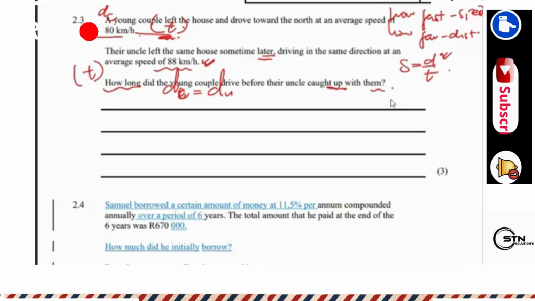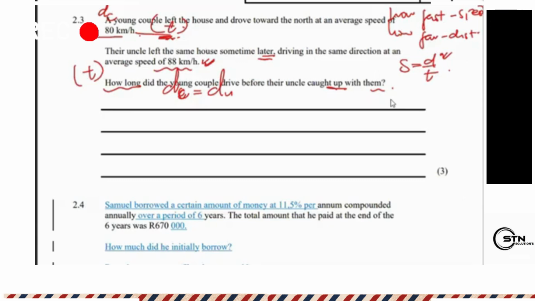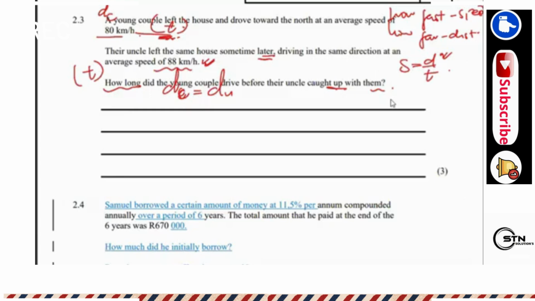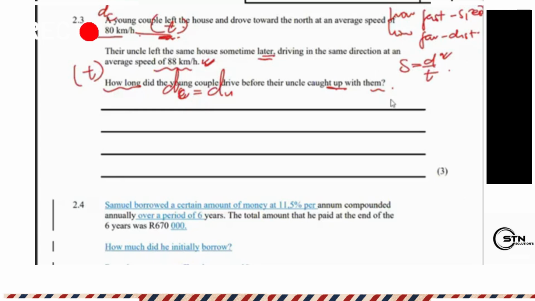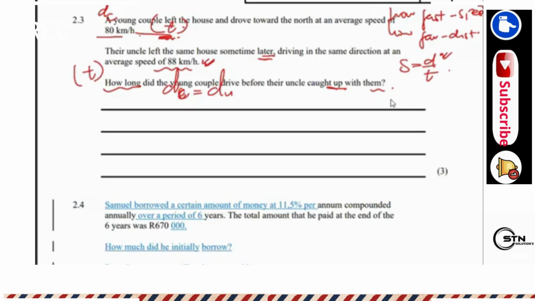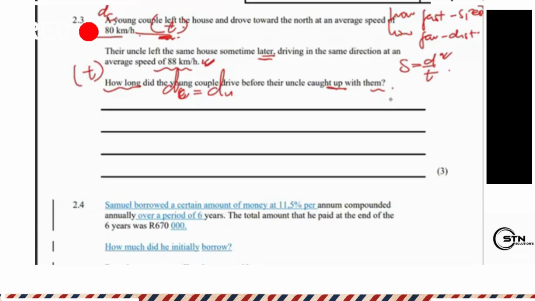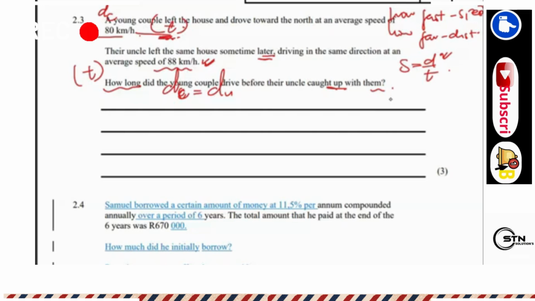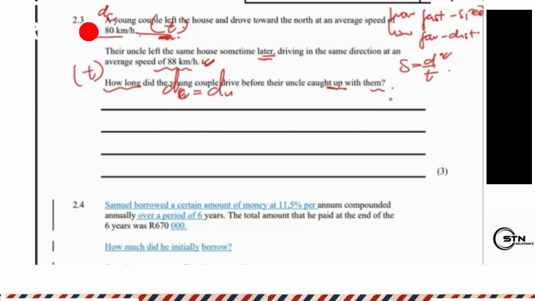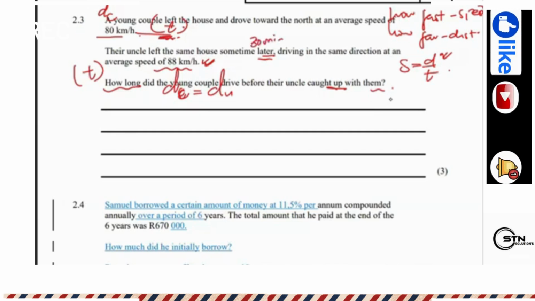Okay, so if you look at this question, the uncle left the house at some time later, but it does not specify after how long did the uncle leave the house, because usually you have to be given some sort of a hint, maybe after 10 minutes, 20 minutes, even an hour. Okay, so for us to work out this question, let me have an assumption, maybe let's use 30 minutes later,